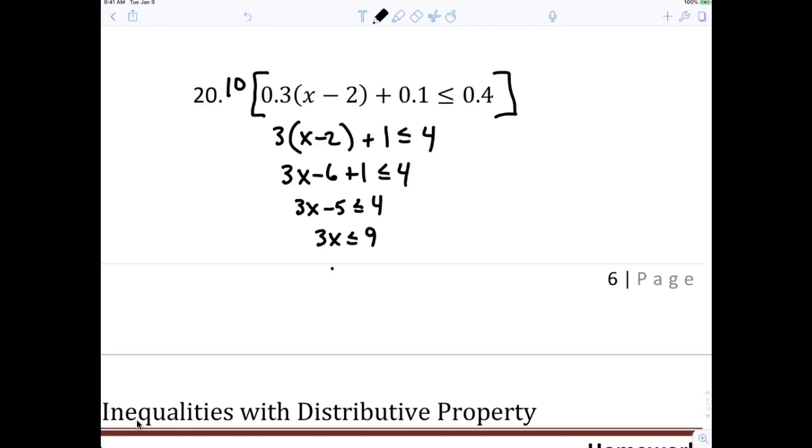And x is less than or equal to 3. So if you're less than or equal to 3, you would be going from